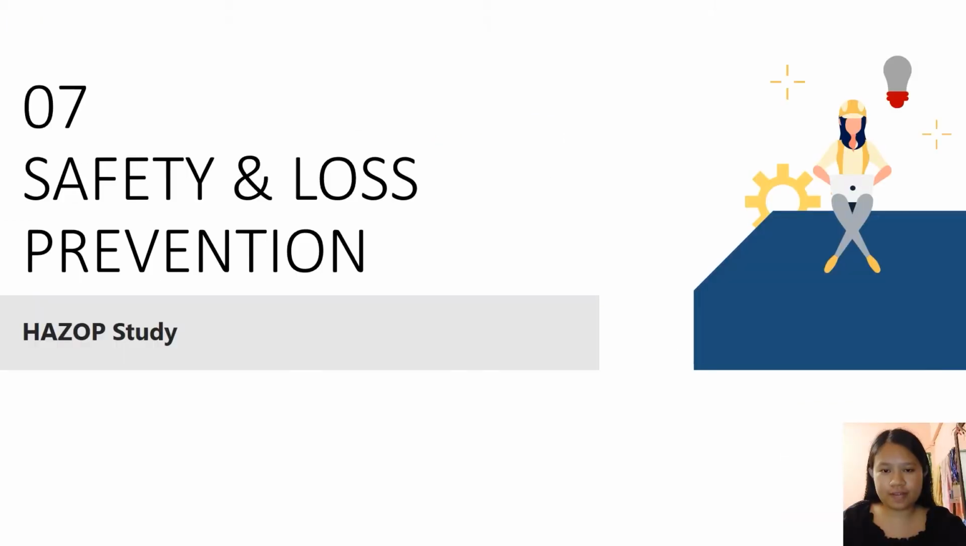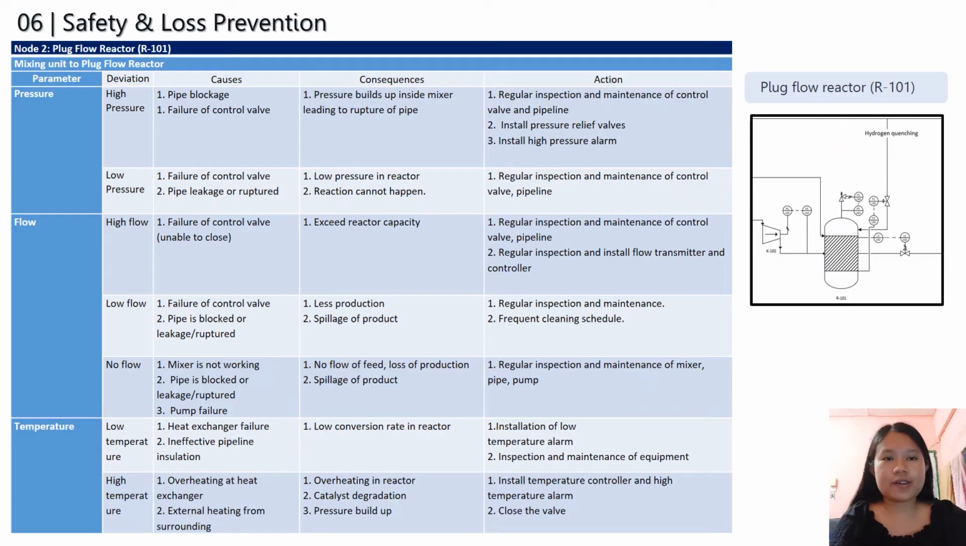Moving on to chapter 7, safety and loss prevention, which is about the hazard study for this project. This is the hazard study for plug flow reactor R101. The causes for high pressure could be pipe blockage or failure of the control valve, and the causes for low pressure could be failure of the control valve or pipe leakage. The proper actions that should be taken are regular inspection and installing a high pressure relief alarm and also a high